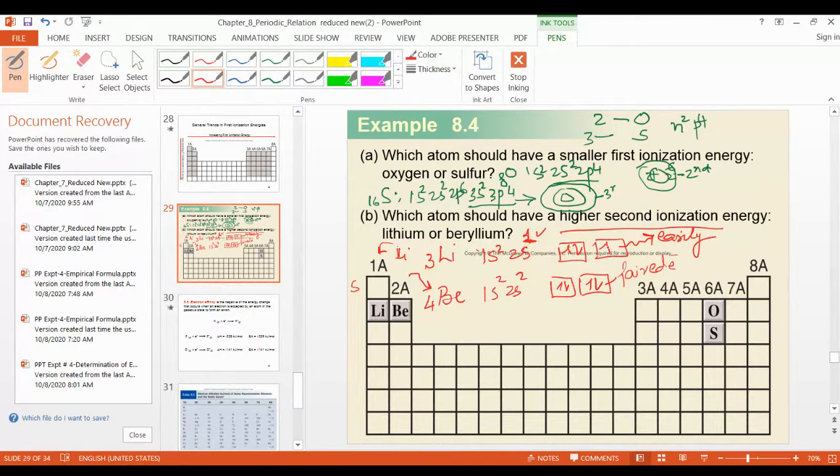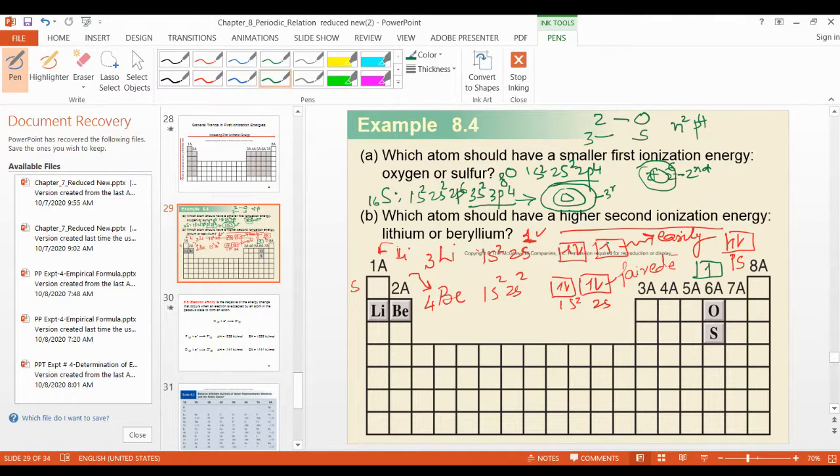So first you remove this. After removing, you will get only these 2 electrons. This is 1s, this is 2s. I'm talking about now, this is 1s left, right? Now this is still 2s, having 1 electron. So that is the first ionization energy, easily removing this electron because this is unpaired.